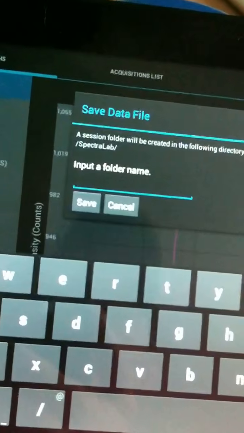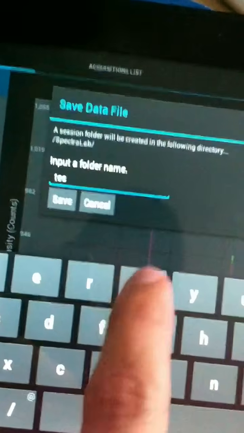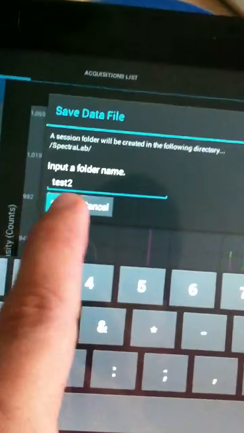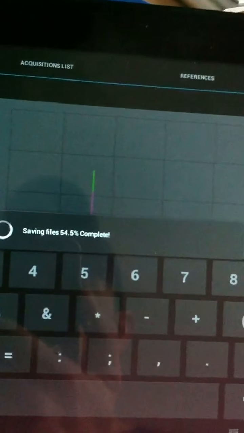It'll ask us for a save name file or a folder name. So we'll name it Test 2. Hit Save. The system will save all the acquisitions to text files. And then we'll hit Disconnect. Yes, we want to disconnect. And then we'll hit Exit. Going back to the app screen,